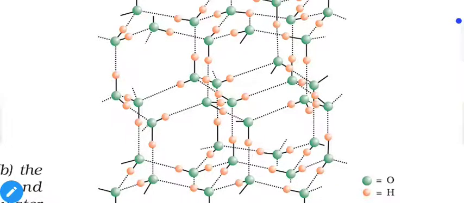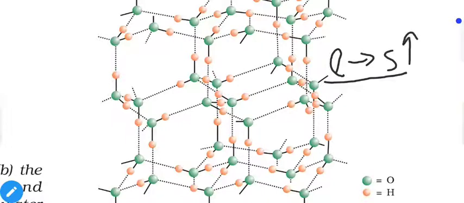But in case of water, it is opposite. When liquid to solid transformation occurs in water, volume increases. That means liquid water has less volume than the solid water. Or understand it this way: if you have 100 grams of liquid water, then the volume of this liquid water